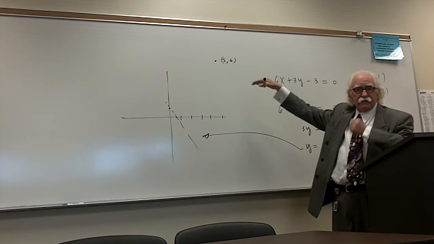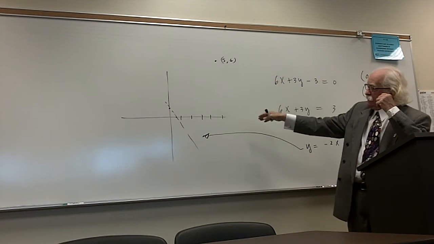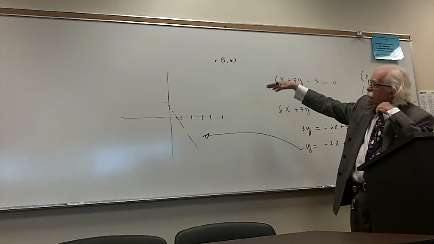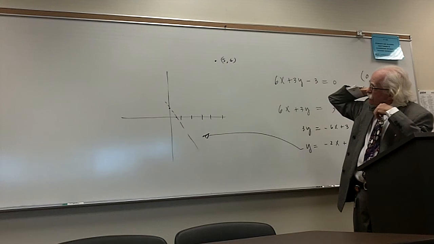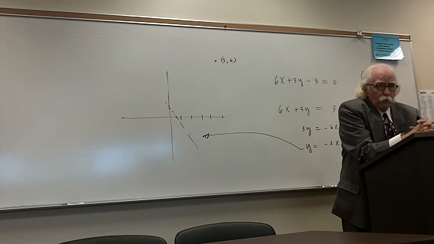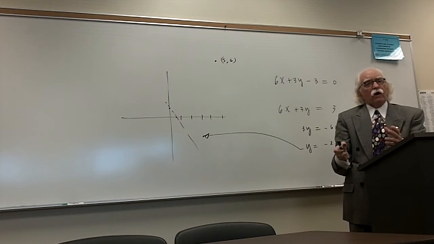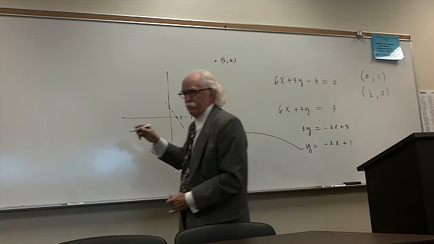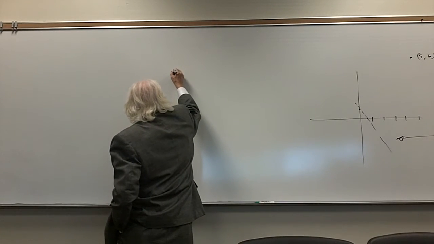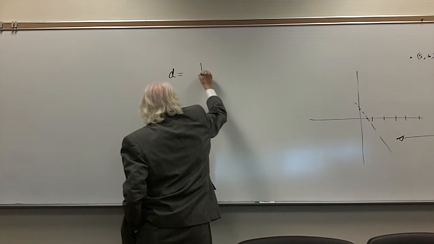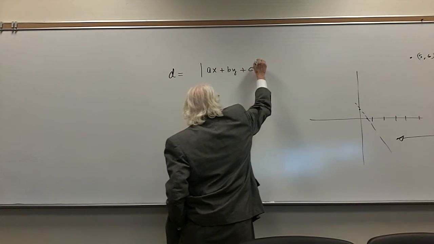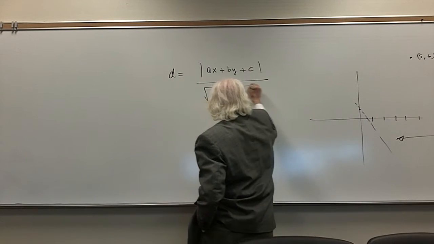Now, I may not have it labeled exactly right. 1, 2, 3, 4. That may be 5, 5. I don't know, but whatever the case may be, that very well may be the question. Well, if it is the question, then the answer is quite easy, because the only thing you have to remember is this: the distance is equal to the absolute value, all divided by